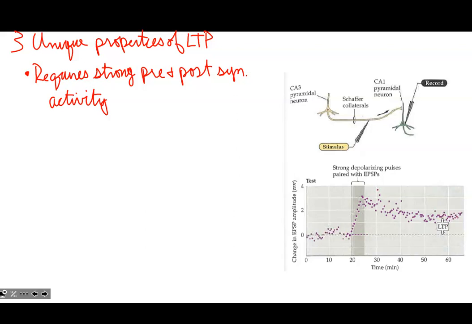Well, let's look at the experiment to the right, which is similar, right? It's the same CA3 to CA1 circuit that they're going to measure. And now the stimulus that they provide to CA3 is going to be relatively slow, okay? So there won't be any high-frequency stimulation, only a few stimuli to CA3. So we're going to have relatively little stimuli of CA3. And as you would expect, this fails to induce